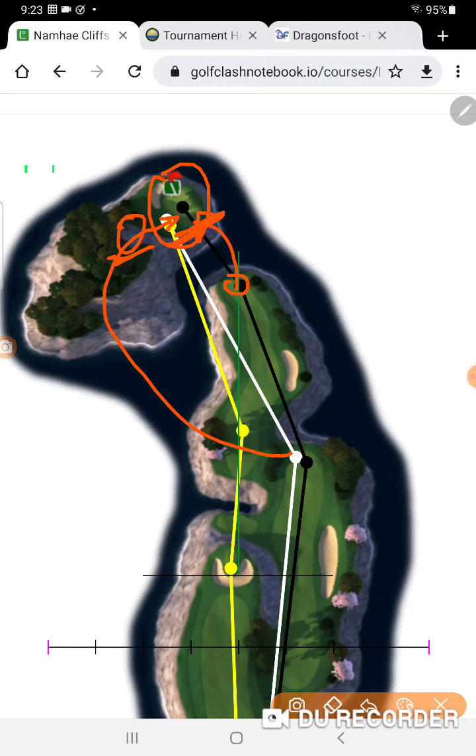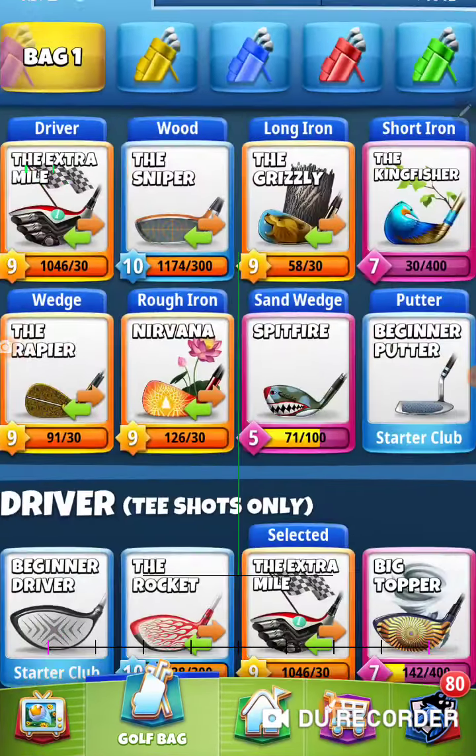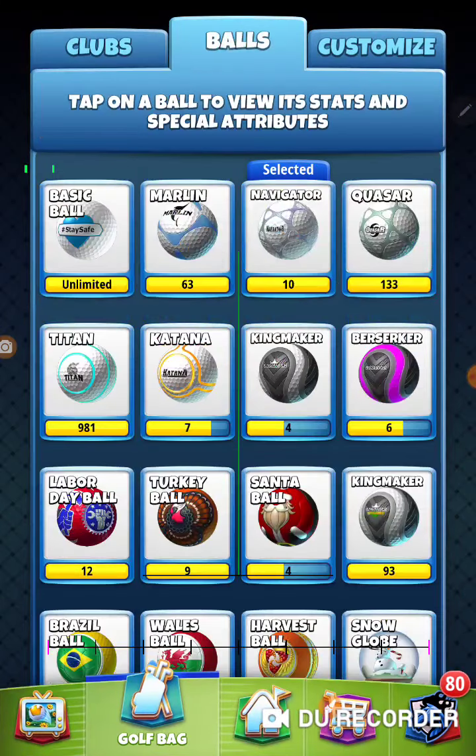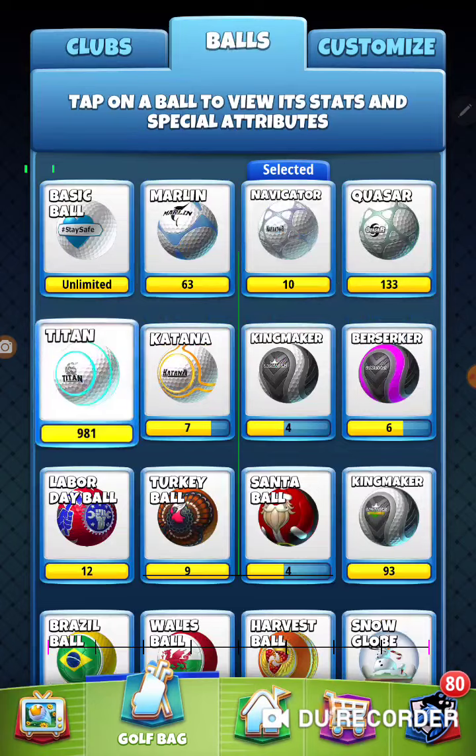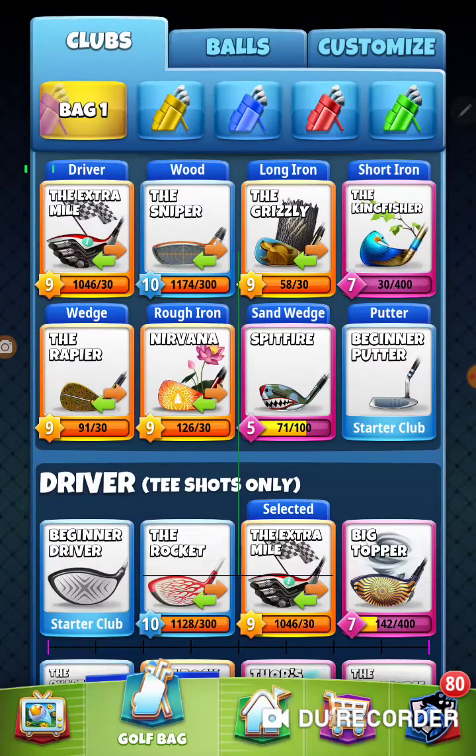Maybe a Horizon's got enough topspin you could get that done, but I don't think so. If you're trying to get on in two, you're going to have to blast yourself over to the other side over here. And in my recollection, not having played this in a bit, I believe my ideal, you can bring a sniper,